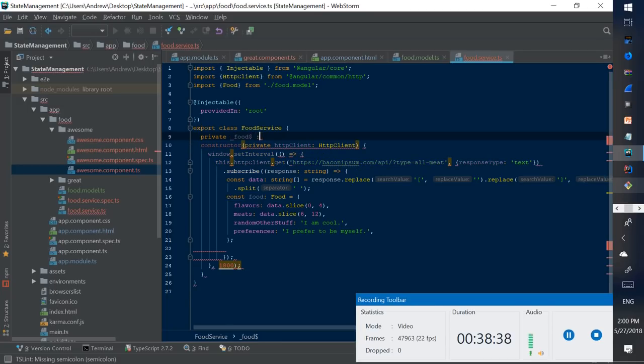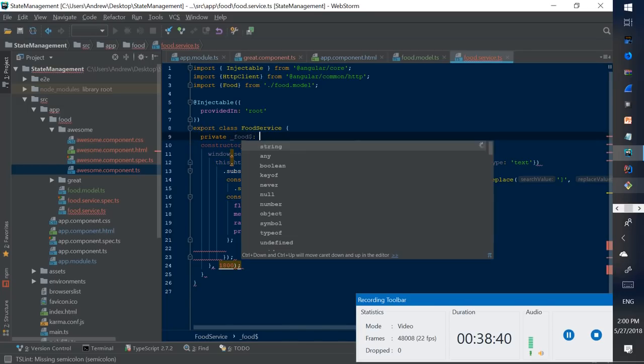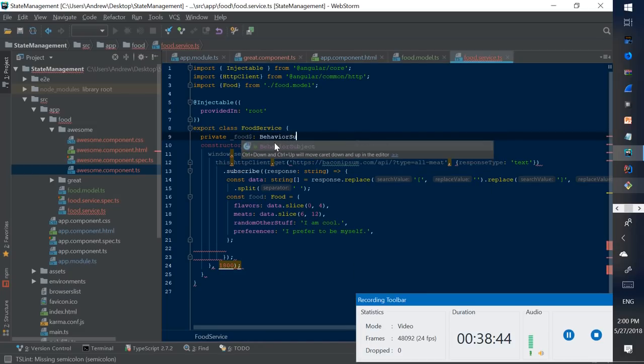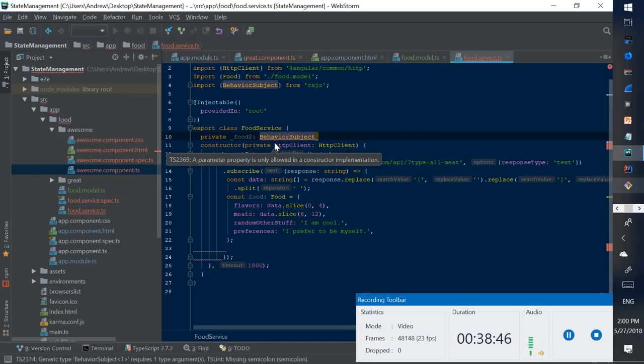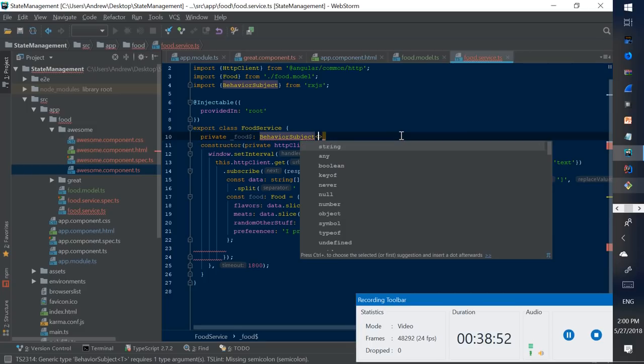That might get a little confusing because I'm actually going to define it as a behavior subject type, but it's in the same family as observables, so that's why I go with the convention of putting a $ sign at the end of it, just to make it clear that it's using the RxJS library, and it's very similar to an observable. So we're going to expect a food object,